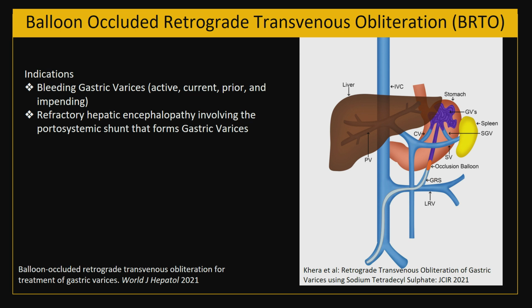And the second indication is if there is a patient who presented with hepatic encephalopathy because of large shunting of blood from the portal to the systemic side. So these are the only two indications. If the patient has esophageal varices along with the gastric varices, then this is one of the contraindications to perform